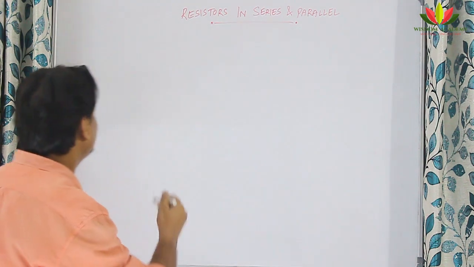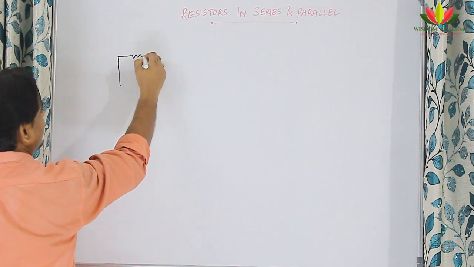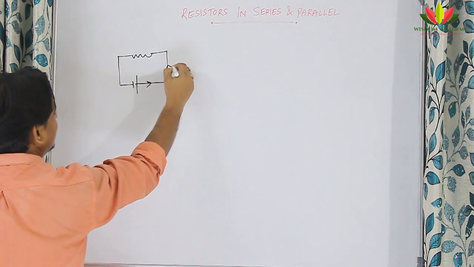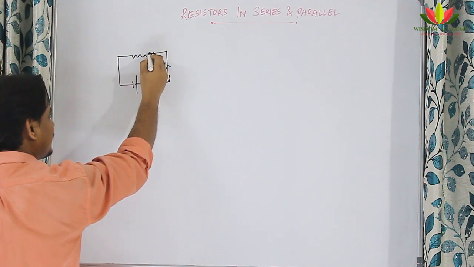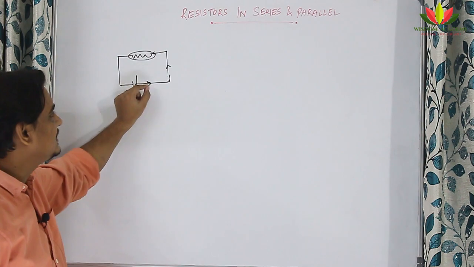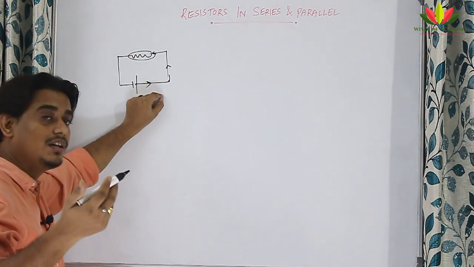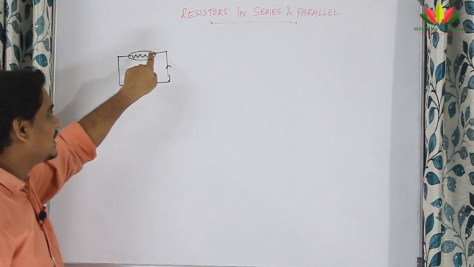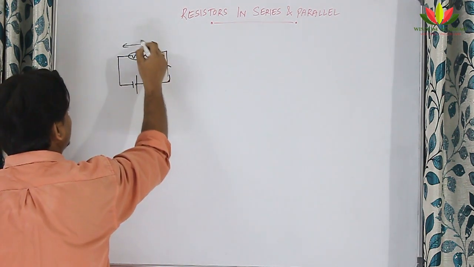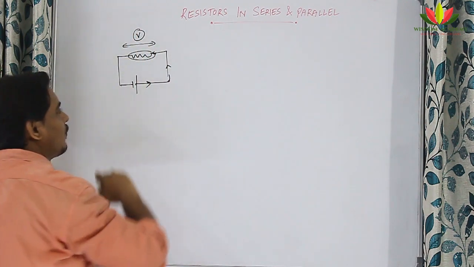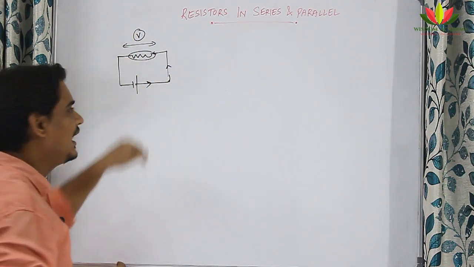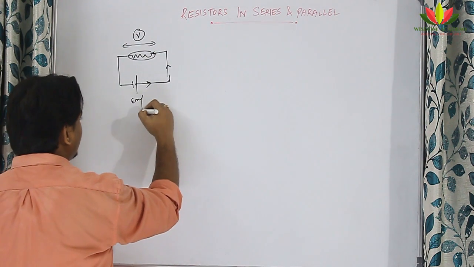So, in a circuit, suppose I keep one resistance here, then when the current starts to flow from here, it will pass slowly because of the resistor, and these charges have to do some work to move from this point to this point, and that was known as the potential difference. So, potential difference V was the work done in moving the charge from this point to this point, and this was the EMF of the battery, right.